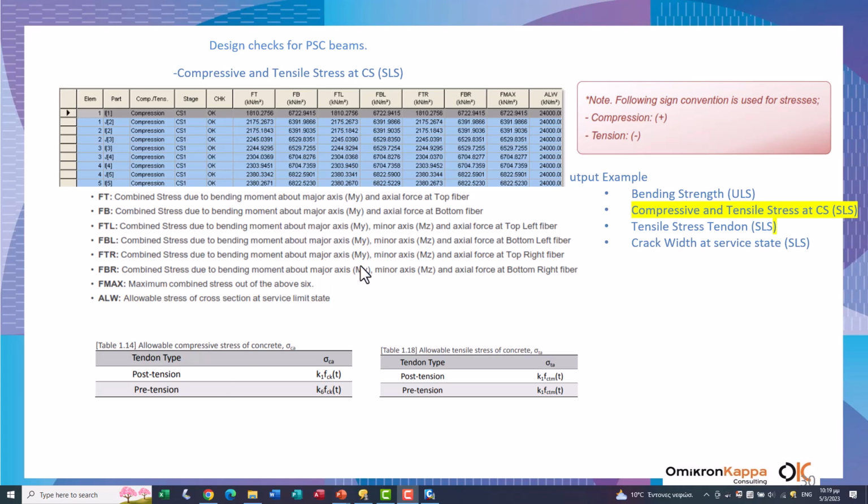Here we can see that the compressive strength of concrete for the post-tension is K1 times fck(t), where K1 has a value of 0.6, and fck(t) is the concrete compressive strength at time t. As you can see, all the checks are satisfied.